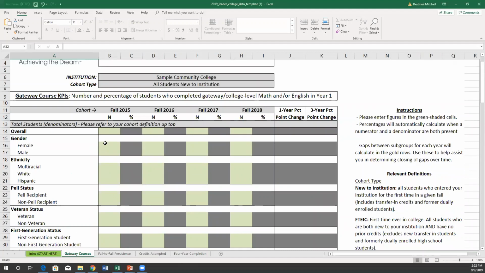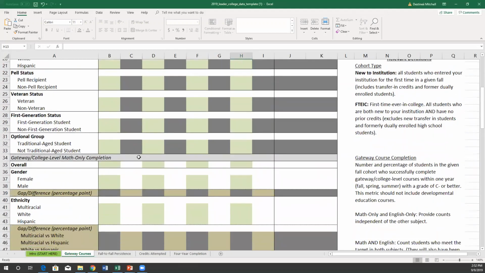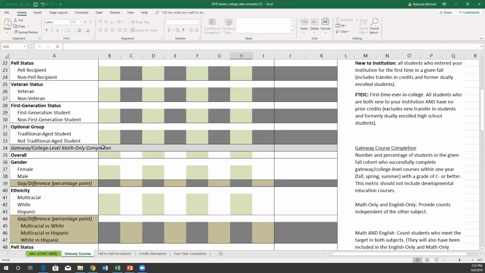But you will have the denominators at the top. So if I say overall, I have 100 students and say 125 and 150, 175, that's for overall. You'll go ahead and see, all right, let's say I'm filling out Gateway College level math-only completion.